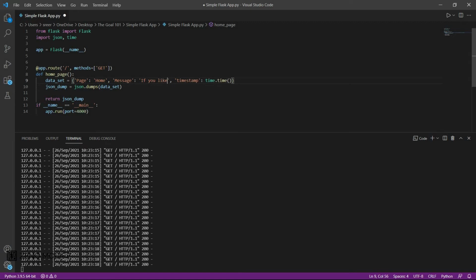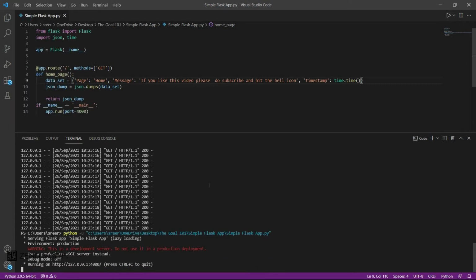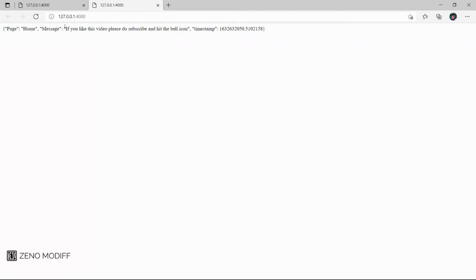You can change the port over here under app.run. The only thing is that you need to allow the port in 4000, 5000 or 2000 in the variable. Then you need to import the JSON and time to the variable. And I will save the code. If I run the code, as you can see, it would say running the code on the local server, and now the port has been changed and also the message has been changed. So without further ado, let's get started.